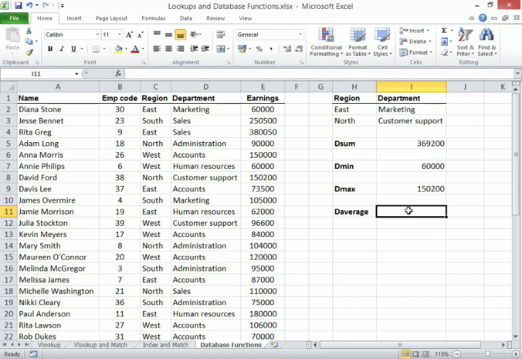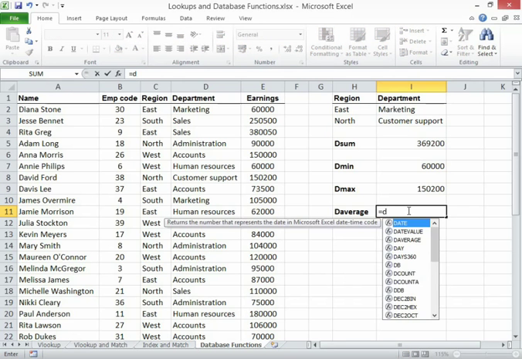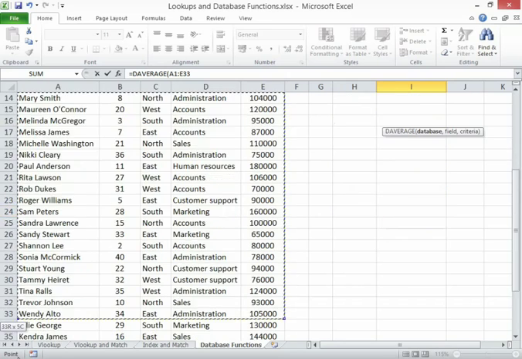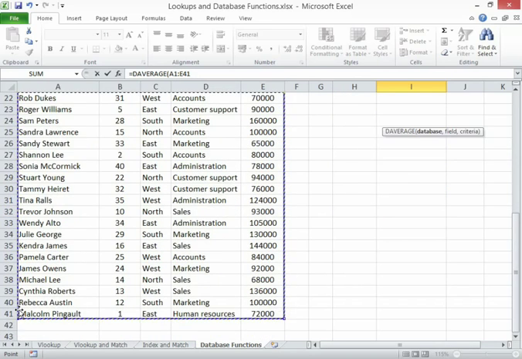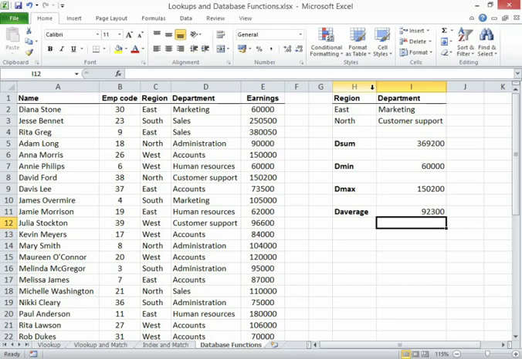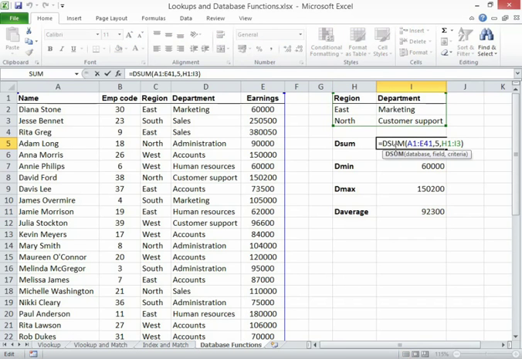And look here, DAVERAGE equals DAVERAGE. Database is this list here. Okay, comma, 5, comma, this is my criteria here. Close the bracket, press enter. Simple. I mean, this is one of the clever functions, and I think the clever thing about it